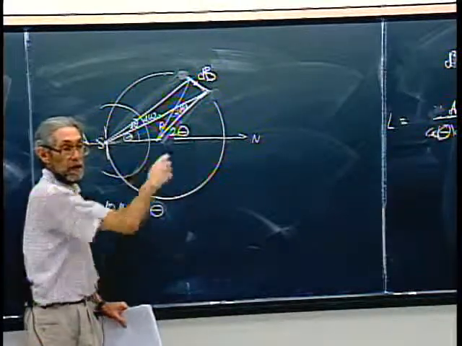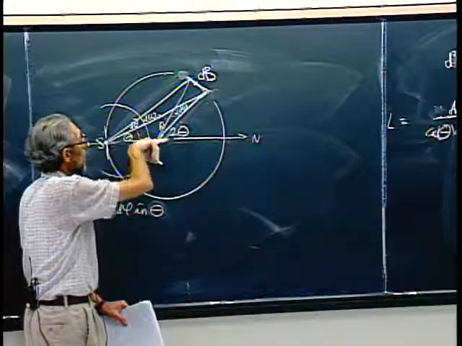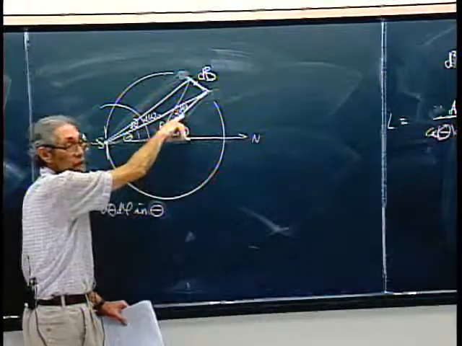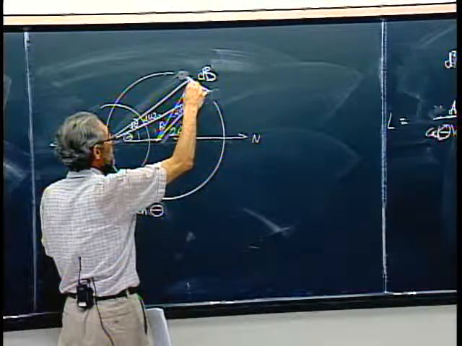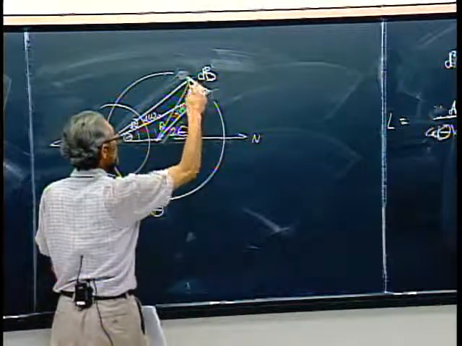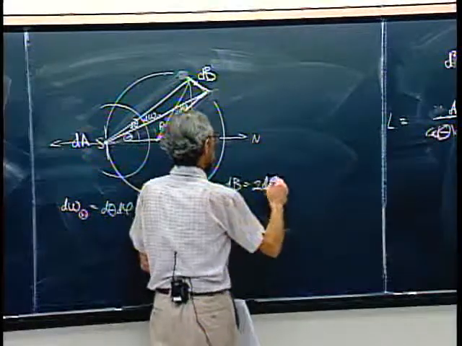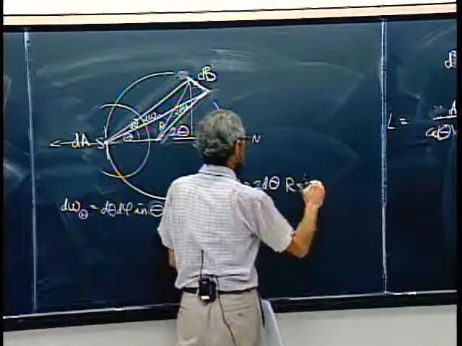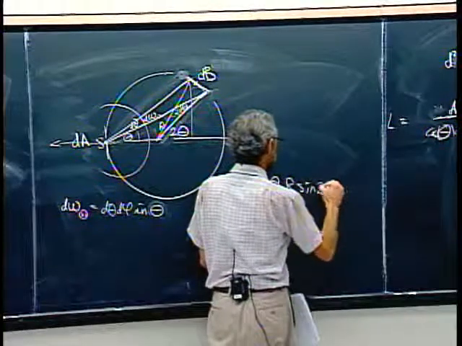Because if this angle was twice that one, and this angle is twice that one, then this is twice the difference here. And now what I want to say is dB is twice d theta, that's this angle, times r, now so I'm not my unit radius anymore, I'm my capital radius, r sine 2 theta